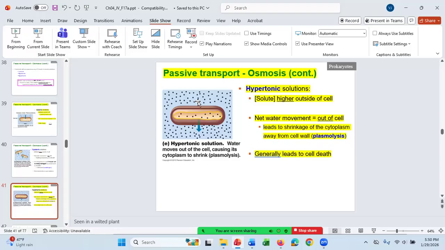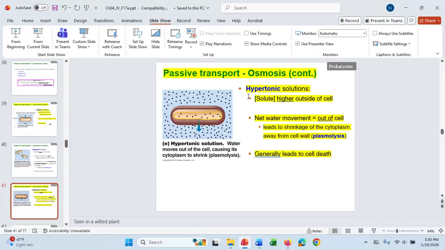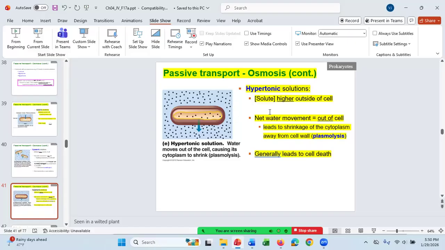It does depend on what cell we're talking about, like endospores can survive for centuries in a hypertonic solution. I think that's really not a living cell, it's a frozen cell. But they've obtained endospores from the Egyptian mummies dating back at least 8,000 years, where they've gotten the endospore to germinate after 8,000 years. So the endospore can live a long time. Most endospores don't live 8,000 years, by the way, but some do.